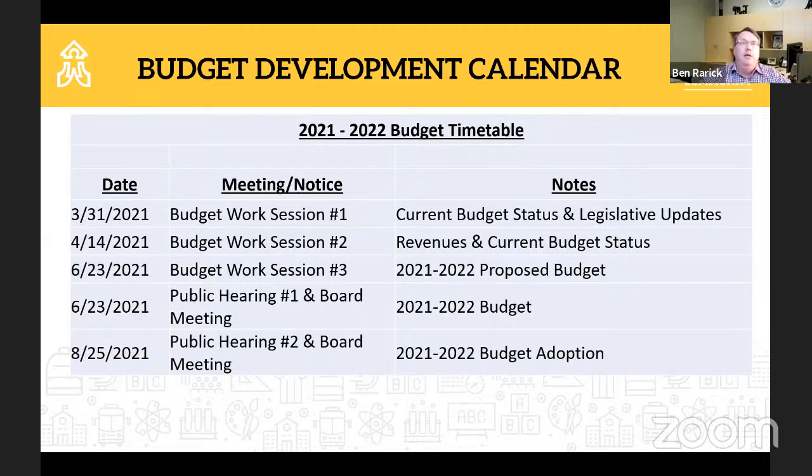Tonight was intended to be a real good background in the factors that we're dealing with. It's a pretty quick turnaround here, but our hope is that at the next presentation we're going to be able to digest some of this legislative activity and get a better sense of what our revenue picture and actual real numbers could look like. We may also have some staffing information for you at that time. I am not certain of that, but we'll put a little bit more meat to the bone in April.